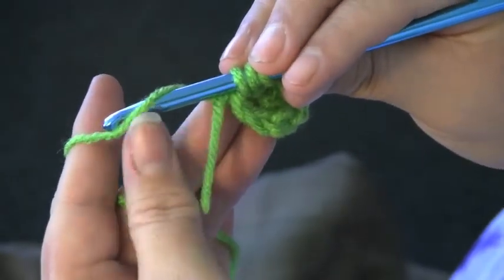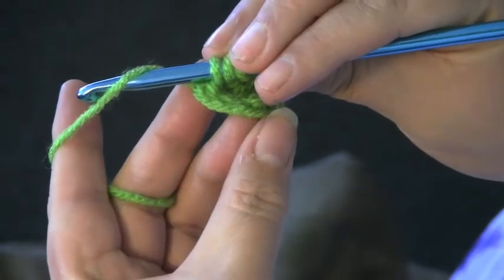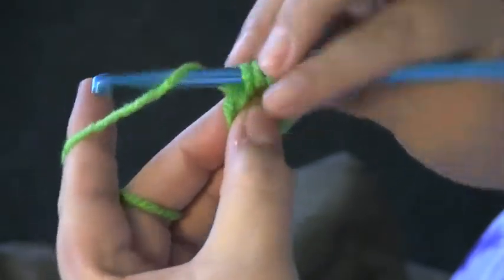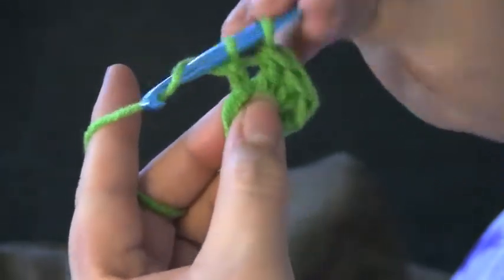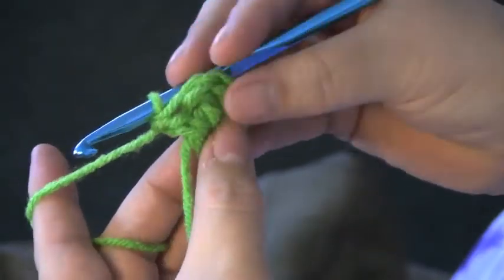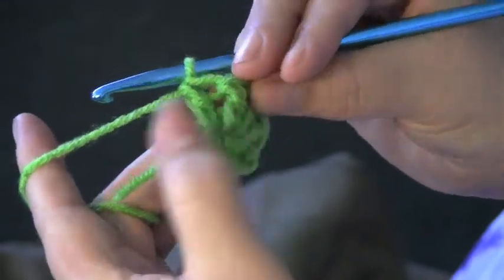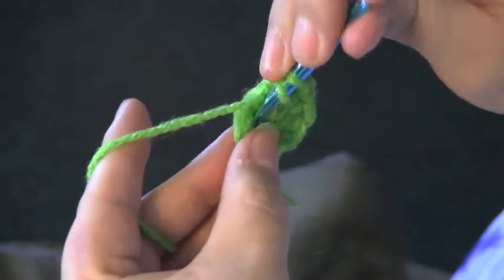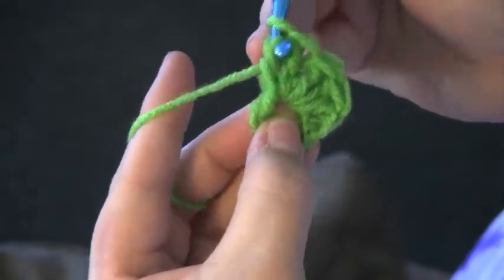Okay? And all the time, if you notice, I am pulling that little piece over here on the circle so that when I'm done, it's going to be all crocheted in there. So you pull it through 2, and you pull it through 2. All right, now I have 5. Let me make sure I've got 5. Maybe I only have 4. 1, 2, 3, 4. I only have 4. So I'm going to make one more. Get some yarn through the hole, pick up some yarn, come through 2,